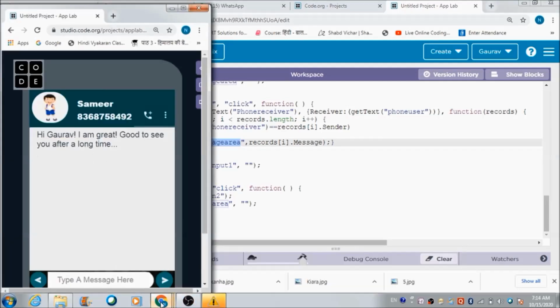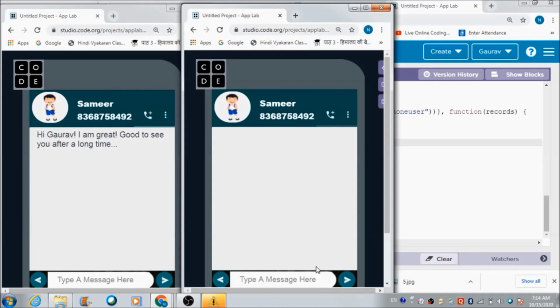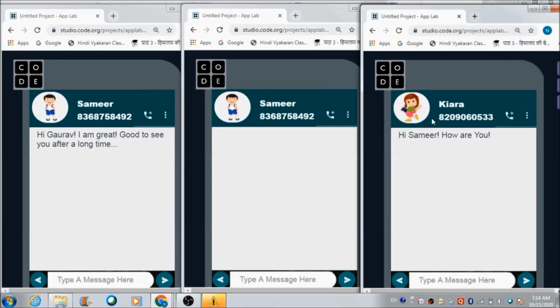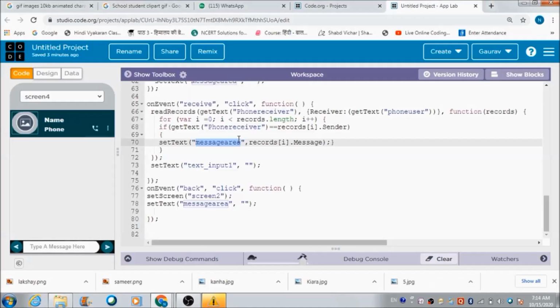That is the reason why, when this person was sending the message to this second person, the messages were not getting reflected here on this person's screen, just because of this condition that we have defined over here. Once the message gets successfully received, we would like everything that is getting reflected here in this text area to disappear. So this is a code we can use for doing the same.